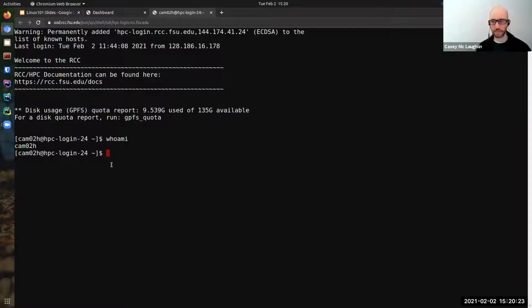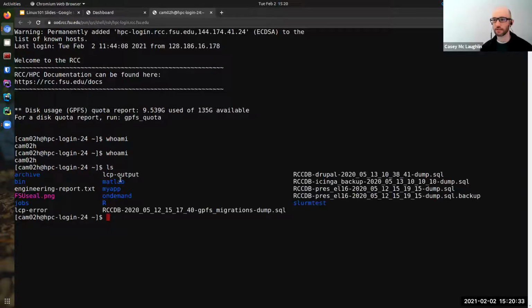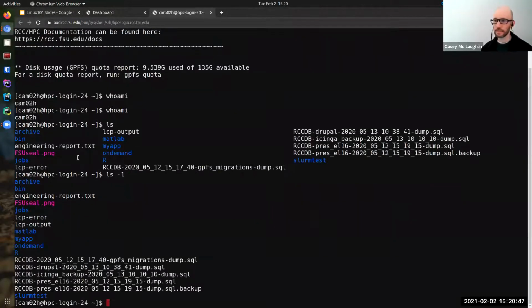Okay, so let's run a command. whoami. You know what that does? Let's do the ls command now. And you can see that it outputs the contents of my home directory. Okay. Now we'll add an option here, ls -1, and see what it does.